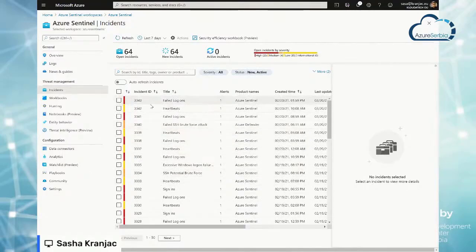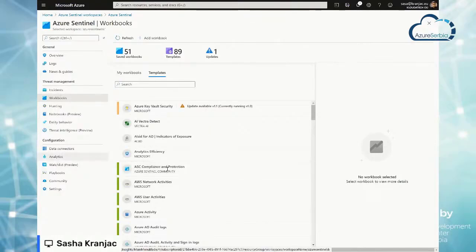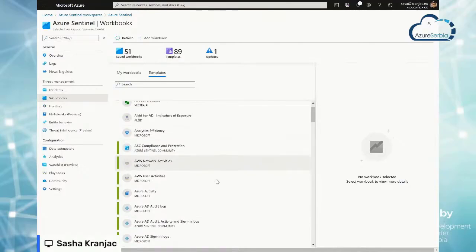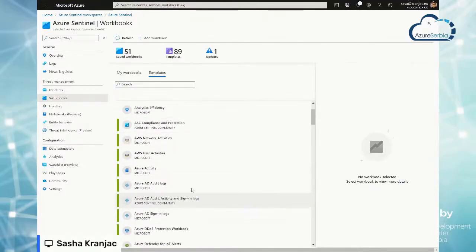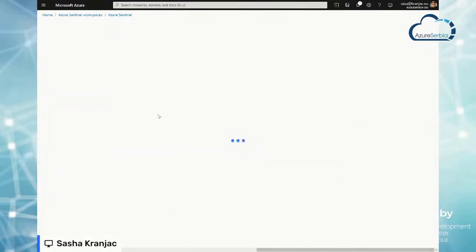But then you will have a way to see the incidents in here, and also to see the workbooks that can handle these incidents and see the data of your connected environments. So each and every connector that you've connected has its own workbook or more workbooks that you can work with. For example, when you connect Azure AD, then you have audit logs, activity sign-in logs, and so on, where you can see what happened actually and see the data, and then